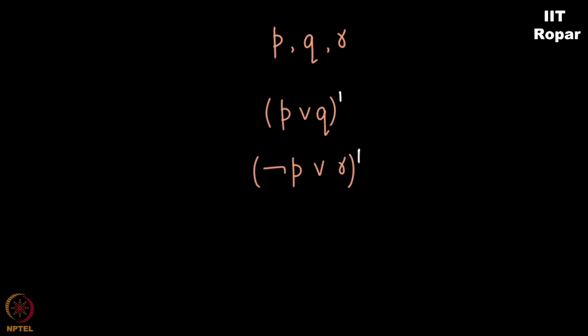I will from now onwards not worry much about the English statements. I'll simply write the mathematical logical statements. It is given that statement P, statement Q and statement R, these three statements are given, and you are told that P or Q is true. You are also told that not P or R is true. You might be wondering, what am I doing?